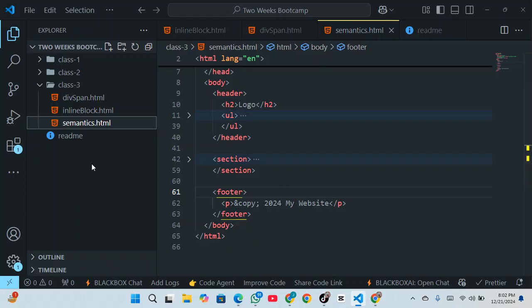So we are done with HTML. I'm done with HTML. So let's look at